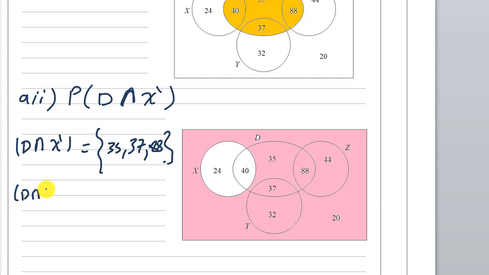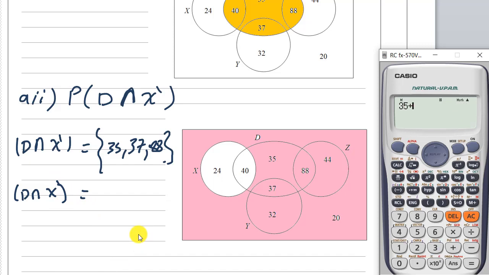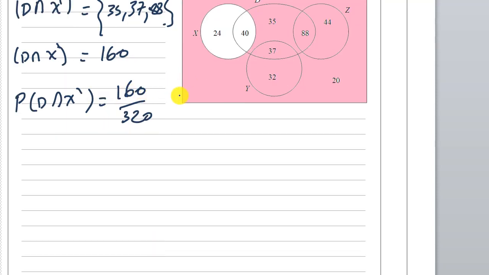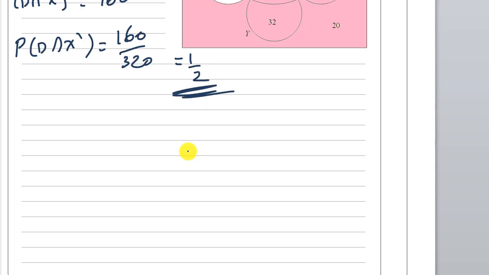So D intersected with X dash is equal to 35 plus 37 plus 88, 160. So the probability of D intersected with X dash is equal to 160 divided by 320, which is equal to half. And this is the answer of the second part. The third part,